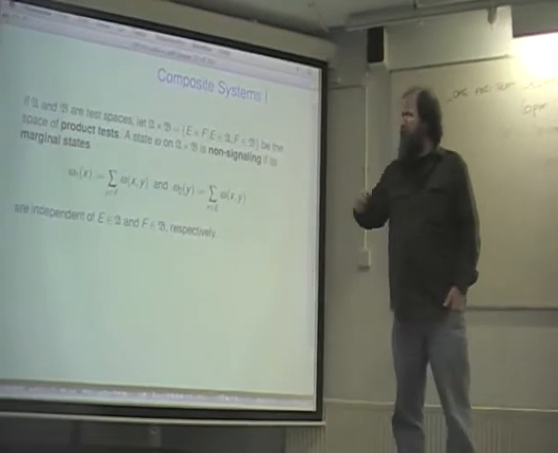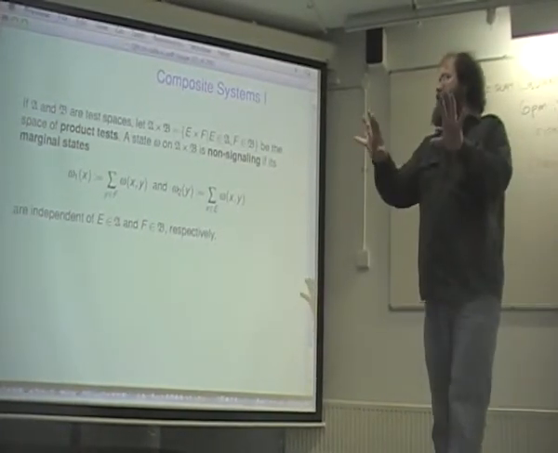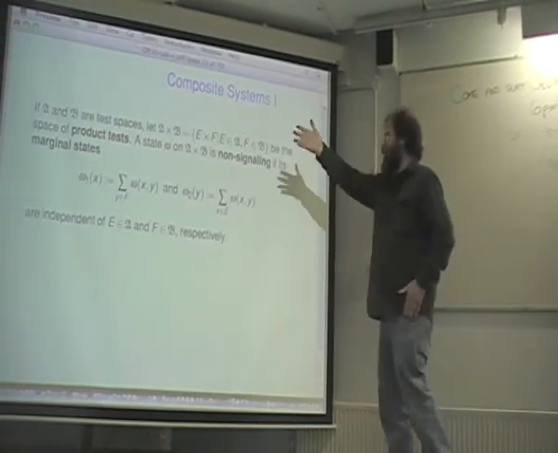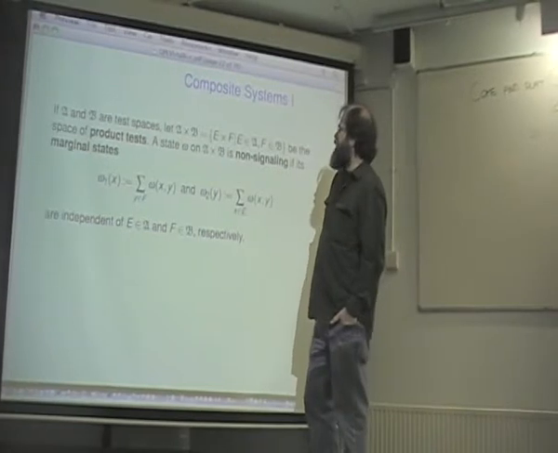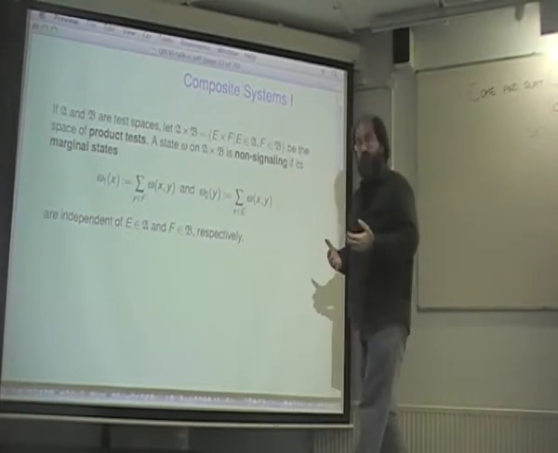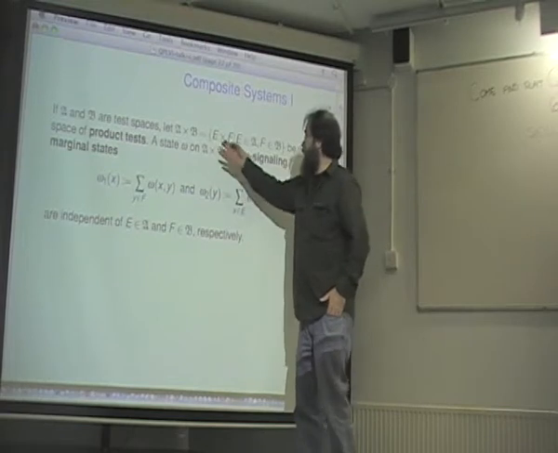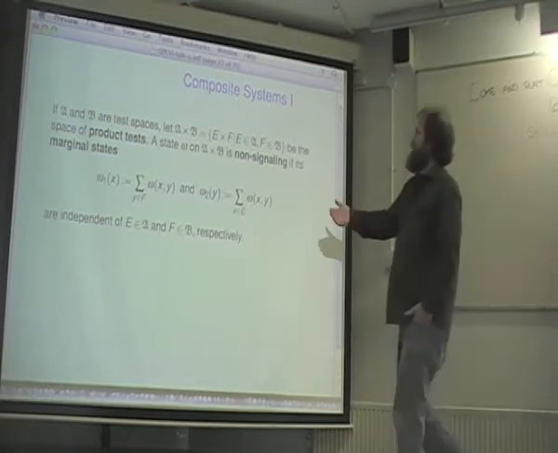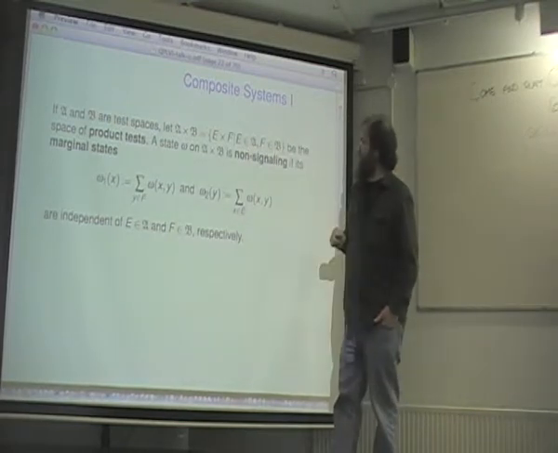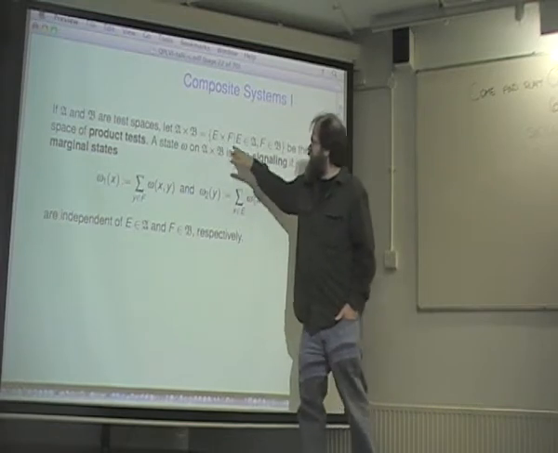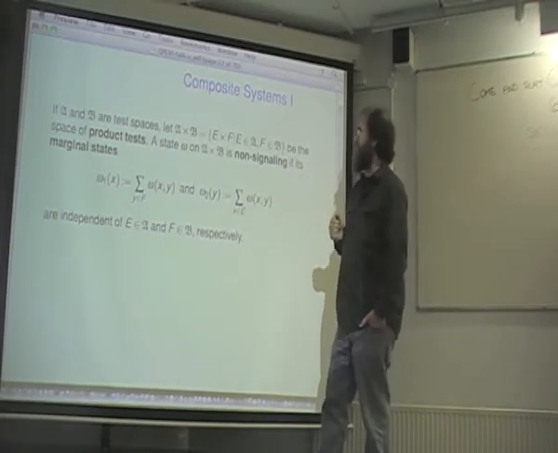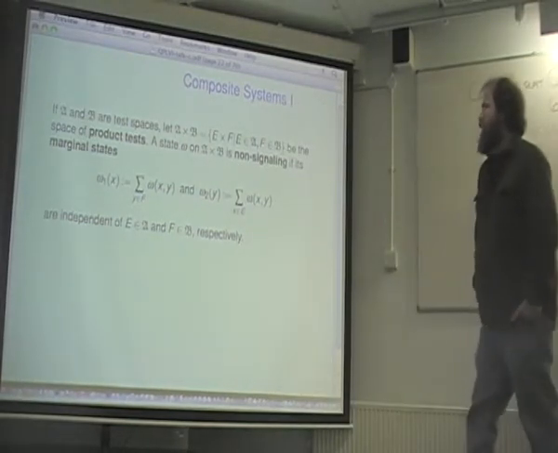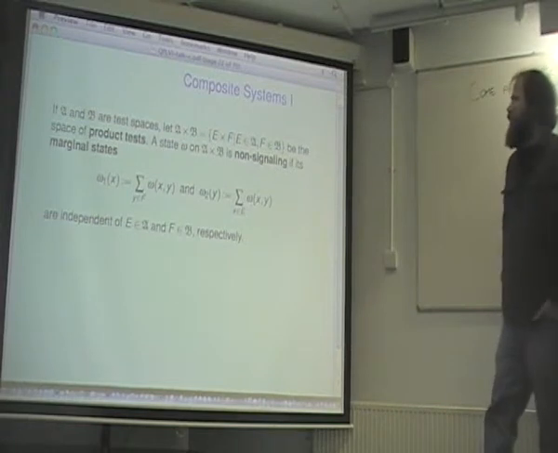If I think of A and B as test spaces controlled by two parties, let's say Alice and Bob, each of whom can perform the measurements corresponding to the tests in their respective test space, then I'd like Alice and Bob to be able to perform joint measurements, whose outcome sets would naturally be represented by Cartesian products of a test in Fraktur A and a test in Fraktur B. If you gather together all the Cartesian products you can form this way, all the product tests, if you like, that gives you a new test space, which I'll call Fraktur A cross Fraktur B. That's the space of product tests.